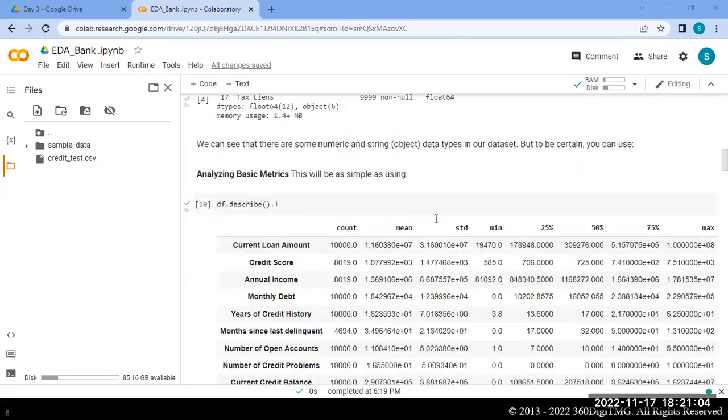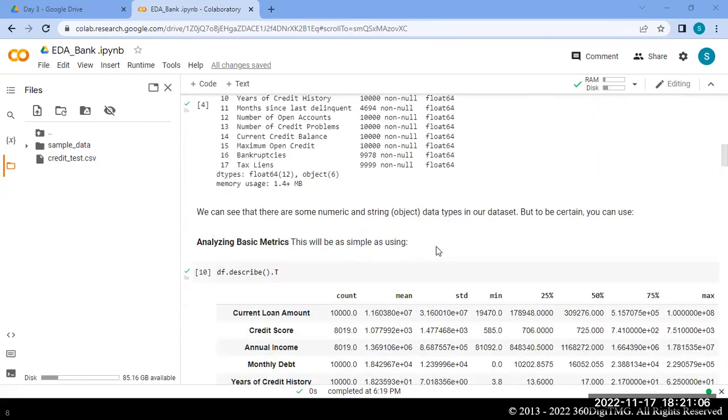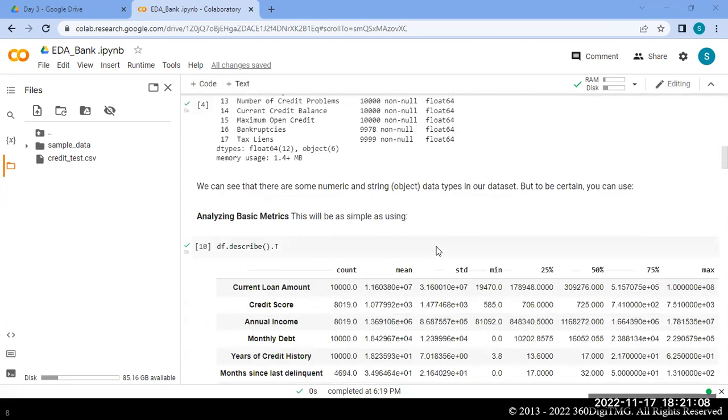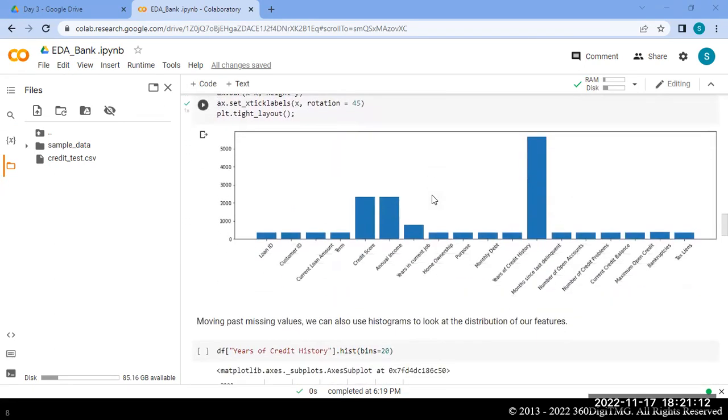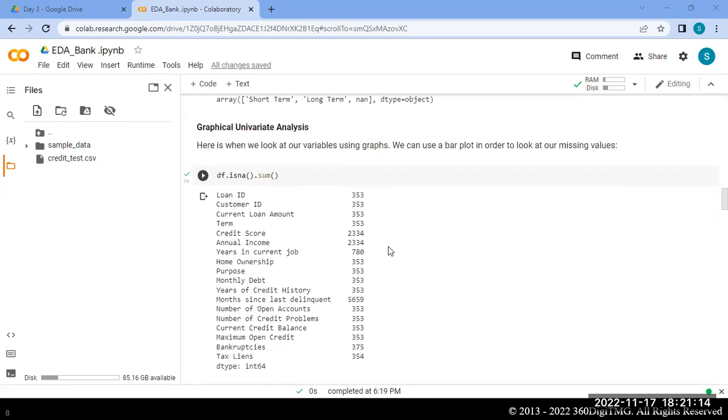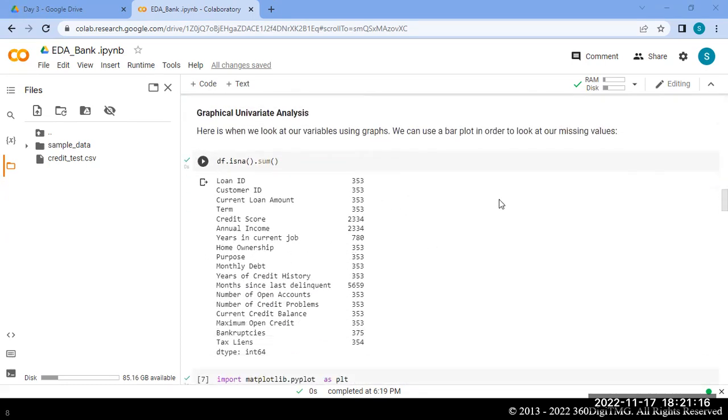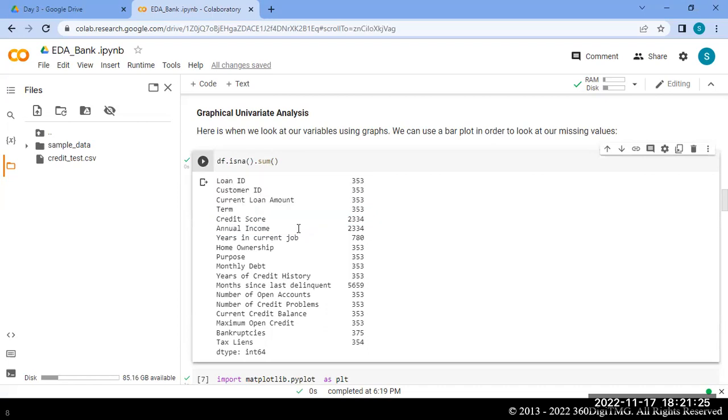And what else can we do? Univariate analysis we have done, and we can do a scatter plot as well if we have a requirement, to find out the correlation or relationship between credit score and annual income. Is there any relationship?